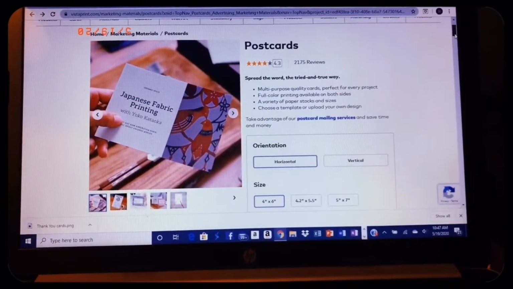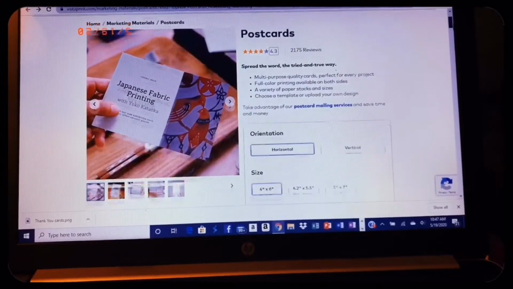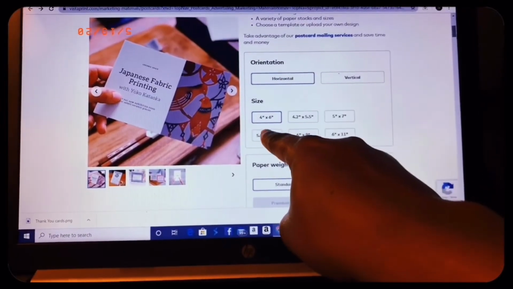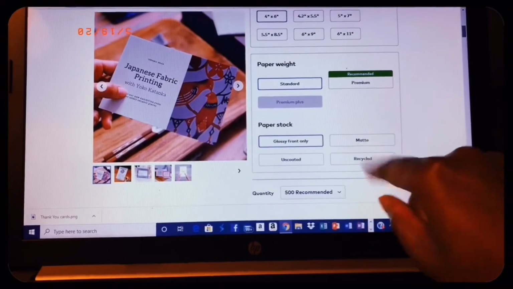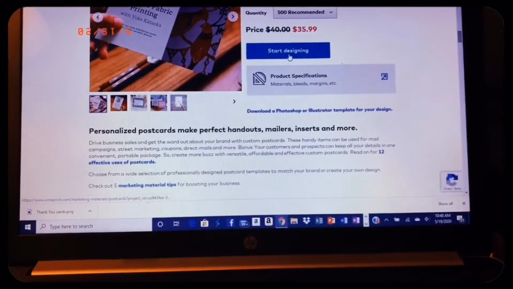So for the thank you cards, I got a postcard. I got the postcard because of the paper thickness. I want it to be actually thick. It was horizontal, 4x6, and I got standard paper and a glossy front, so it shines. Click start designing,